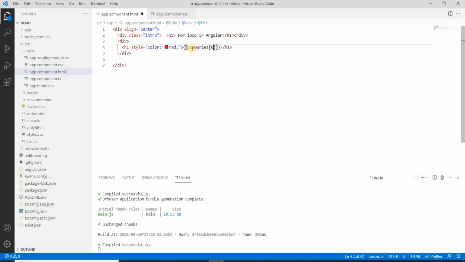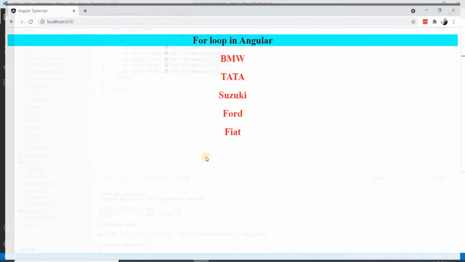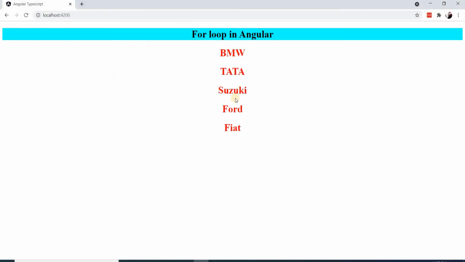So in this way I can copy it, and then paste it. Now I will change the index here, like 1, 2, 3, 4. Now if I see the browser, it prints BMW, Tata, Suzuki, Ford, Fiat, right?